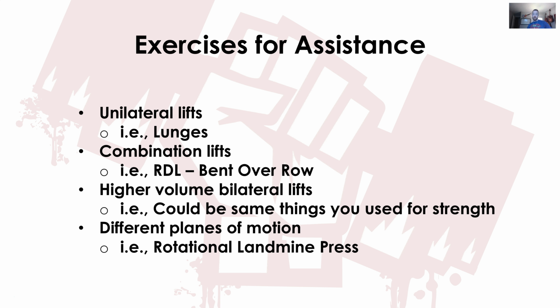Higher volume bilateral lifts. As I alluded to earlier, it could be that in workout A, let's say they're newer, they had a goblet squat, and they had their 3 sets of 8 reps. And then in workout B, let's say their assistance was, it's probably not going to be, but say their assistance was 12 reps. Maybe they have 2 sets of 12 reps of their goblet squat. Now we're building more volume, getting more hypertrophy work in. Could be the same exact lift. That's not going to be very often that we would do that, but it wouldn't necessarily be wrong.